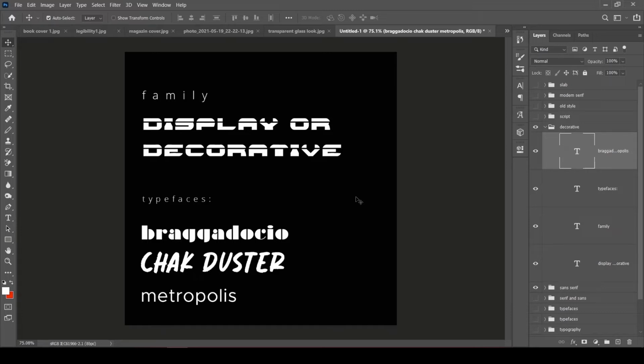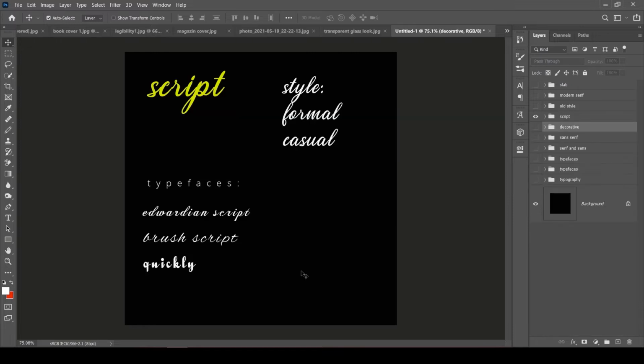The typefaces of decorative or display are Bragado, Sio, Chalk, Duster, and Metropolis, in which you can see that I have downloaded these fonts and I have used them here to see how they are looking, and if you want them in your design in different contexts, you can know how they are looking and you can use them. The last category of